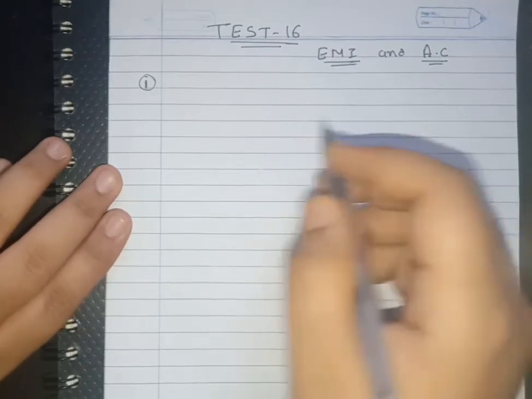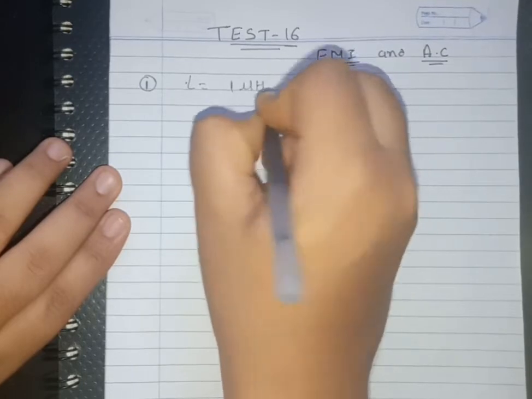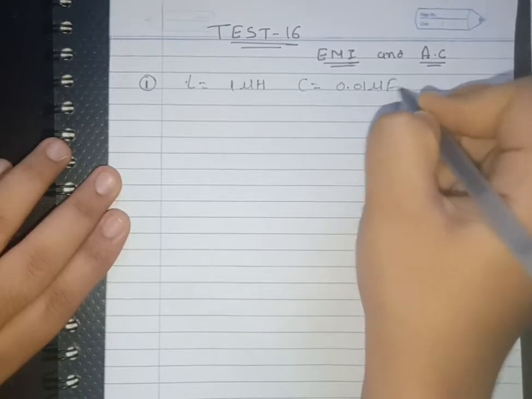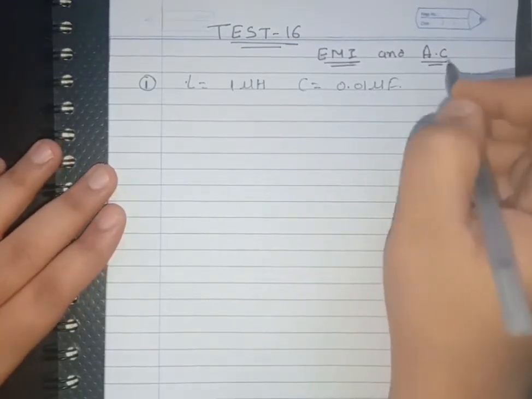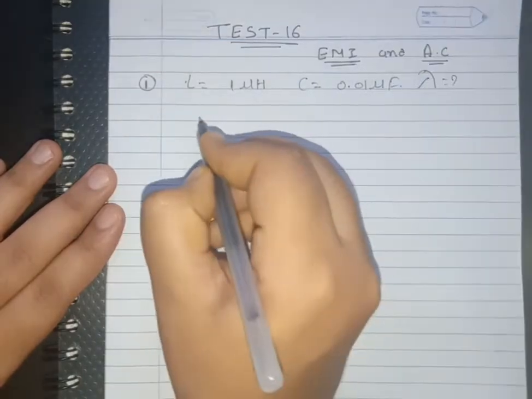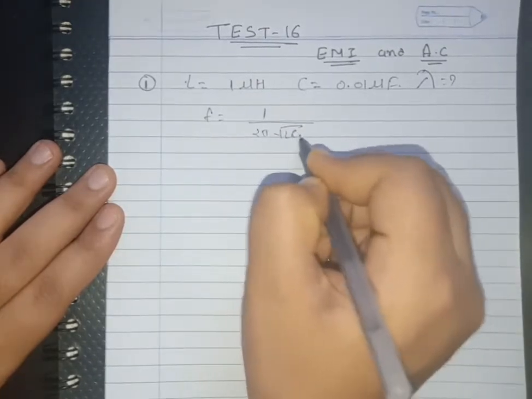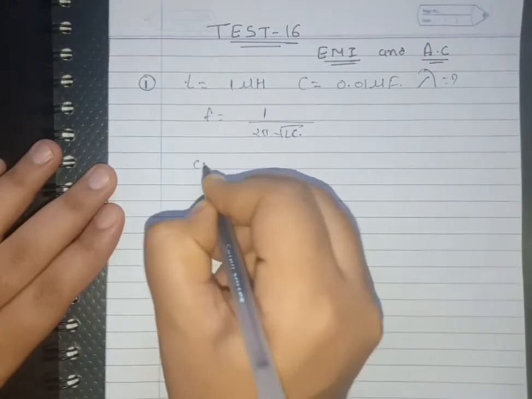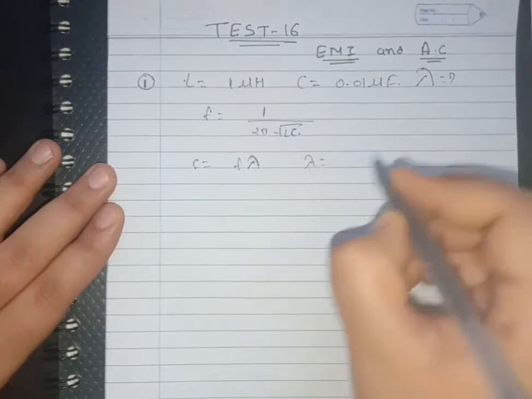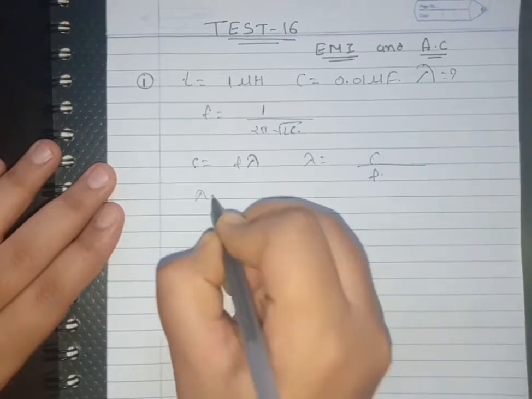In the first question, for an LC circuit, the inductance is given 1 microhenry and the capacitance is 0.01 microfarad. We want to find the wavelength lambda of the electromagnetic wave. Here frequency is given by 1 upon 2 pi under root LC. We know that C is equal to f lambda. Here C is the speed of light in vacuum. So lambda is written as C divided by frequency. So lambda will be